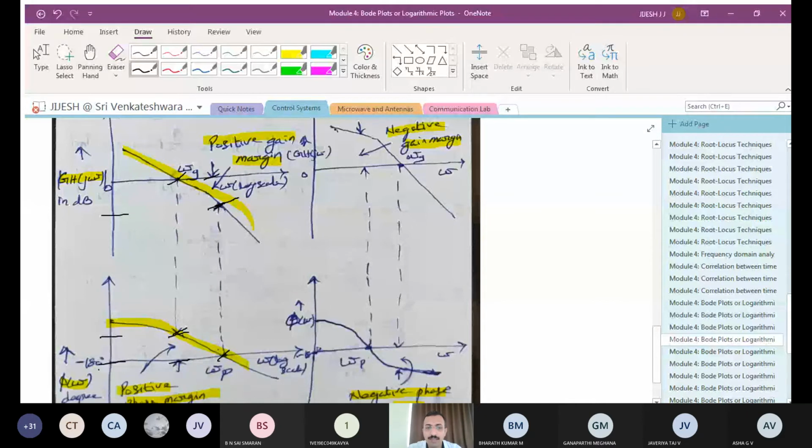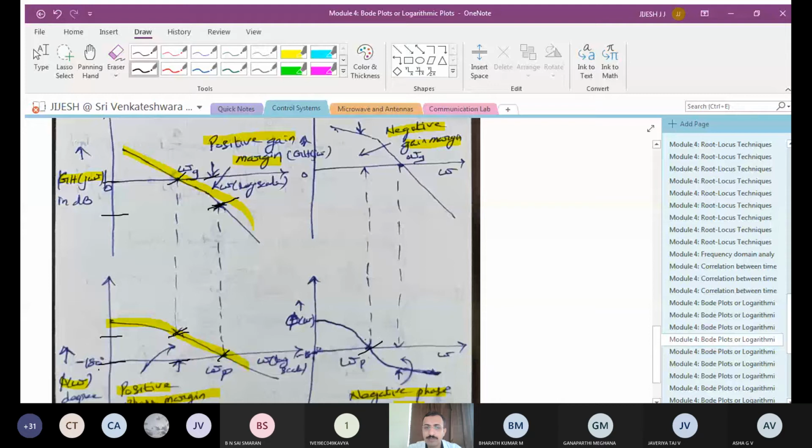So you have to take this crossover and extend a line towards this magnitude plot. The point which is generated, you have to see what the difference is from here to this point. That difference is called the gain margin. We'll be doing all those things. Now let us see what negative gain margin and negative phase margin are. It's the same, one and the same. Here if you are going to find out the negative gain margin, you have the crossover here.